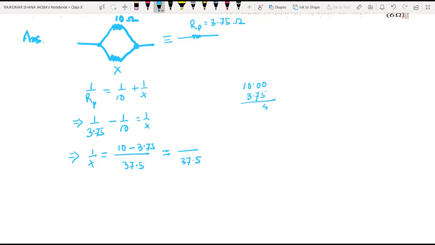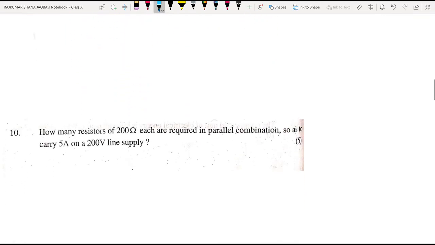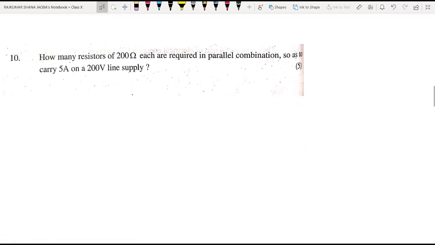3.75, so 5 to 9 dagi 3 circle d6, so 6.25. Therefore X is equal to 37.5 divided by 6.25. It is 6 ohms. So now